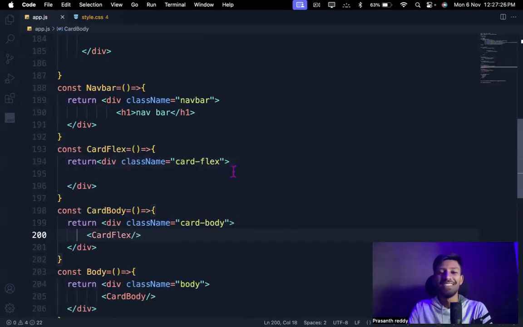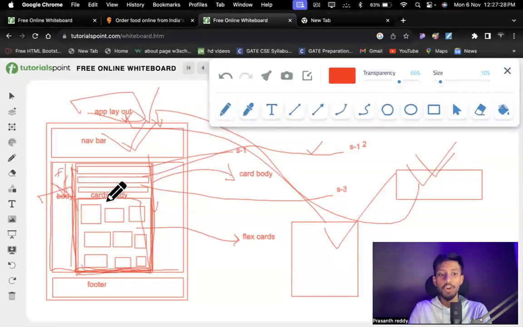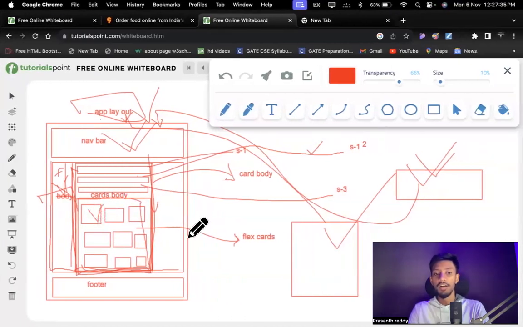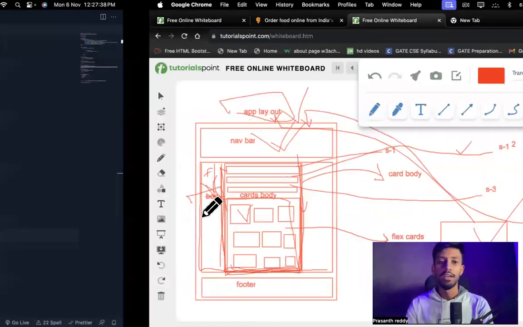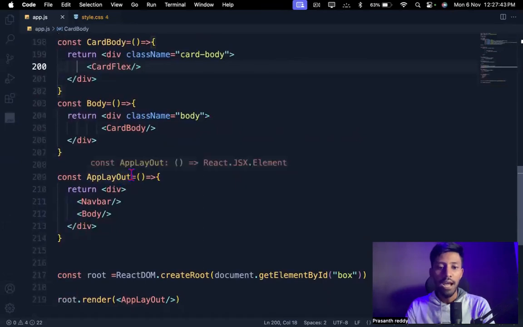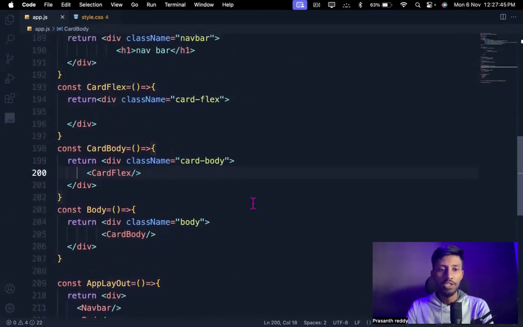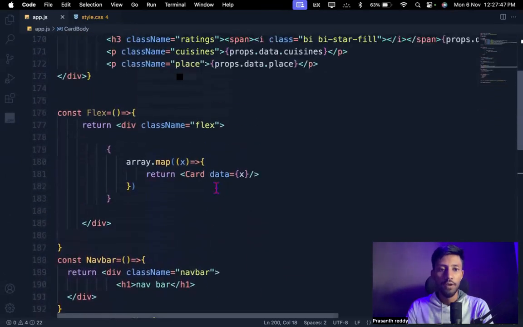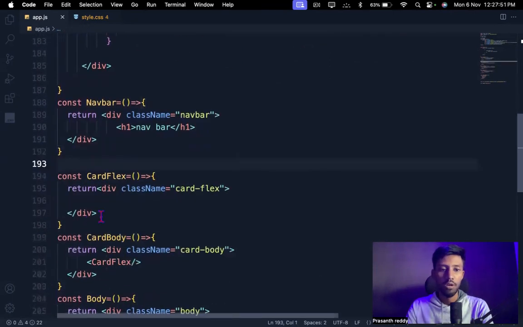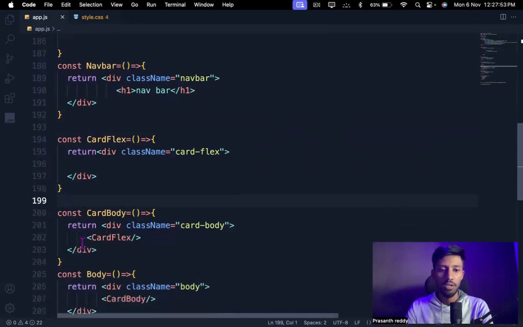Finally, it's done, my dear friends. Card flex is also been passed. Okay, done. Now we'll talk about the cards later. First of all, let's arrange this very carefully. So let's go to app layout and run this, guys. See different things, my dear friends. Let me put one comma and one space over here.